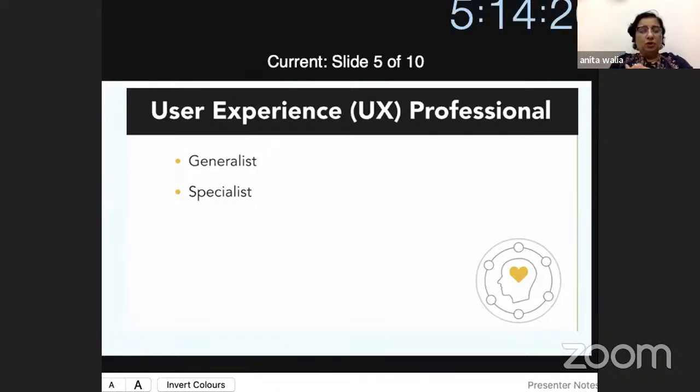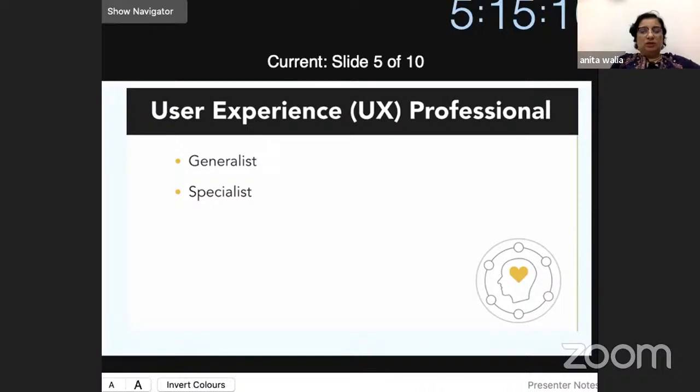So what these generalist people do is identify what the organization wants, what kind of people are going to come on their site, and what will be the website goal. The website goal is just to provide information to the people, not to sell anything, not to increase the traffic, not to do marketing. Then in that case, you can be a UX generalist. You can just have general websites. If you know your target audience, if you know what kind of goal you are going to serve, then you can become a generalist like that. And then firstly, you will create a prototype, test them with a member of,